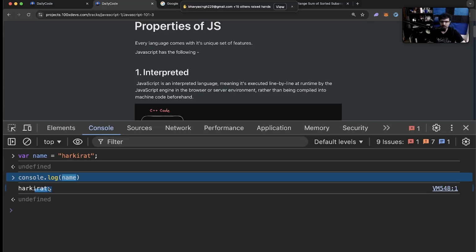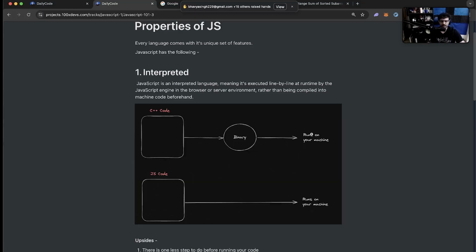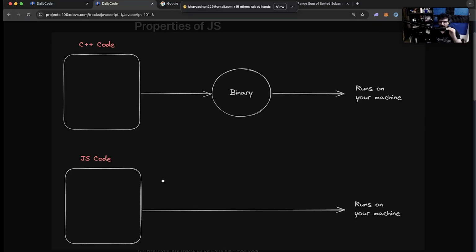What is the point of this thought experiment? To tell you that in JavaScript, you can write partial code and execute it slowly. You can slowly write code and start running it alongside. Versus in C++, you first write your whole code. You first compile it. The C++ compiler does 1000 checks over here. Makes sure your code is fine. And only if your code is fine does the binary get spit out. Once the binary is spit out, you can run it independently.